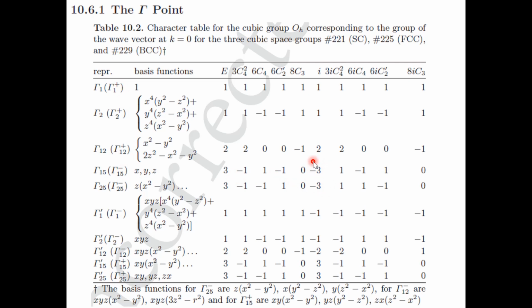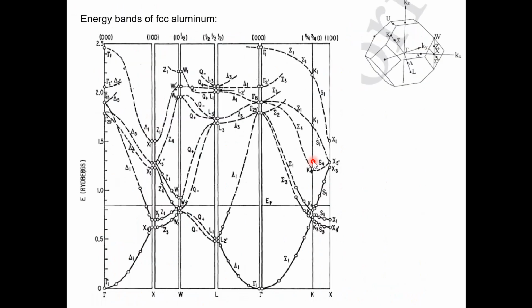This is telling me that I cannot have degeneracies larger than 3, and this is precisely what you see. So gamma 1 is a non-degenerate state, and it's still non-degenerate along the delta line, and it's still non-degenerate